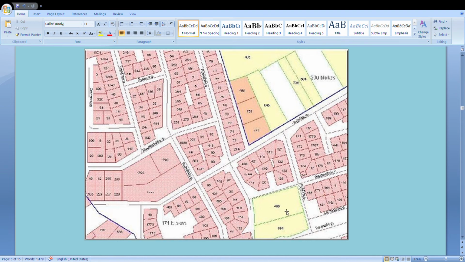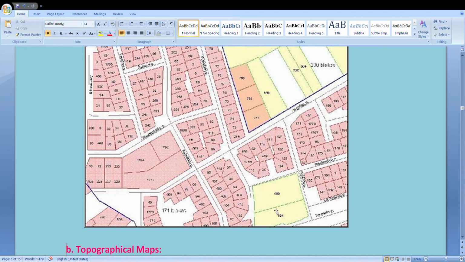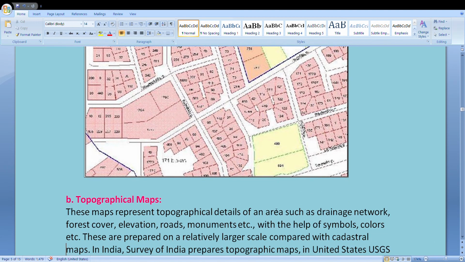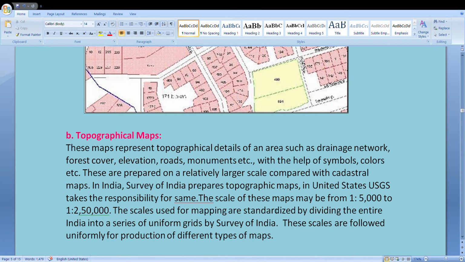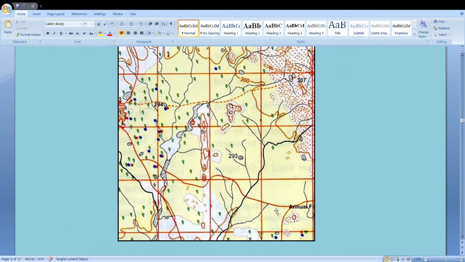It can be a community playground, or a big college, and these can be the classrooms. This is one playground. The numbers are in official records. What is each number representing? Only the government can tell. A topographic map is a kind of zoomed map of a place where you can clearly see what is there on the surface of the land.